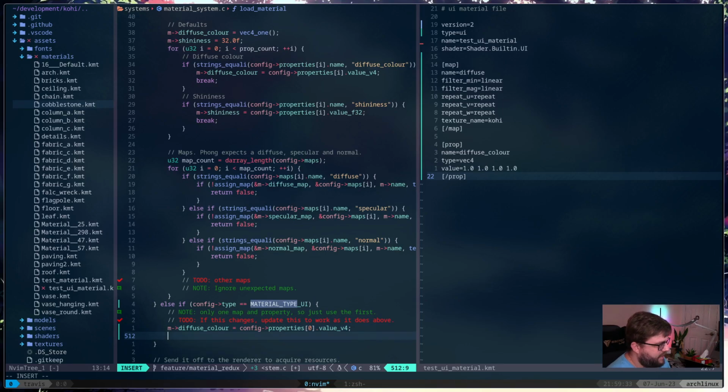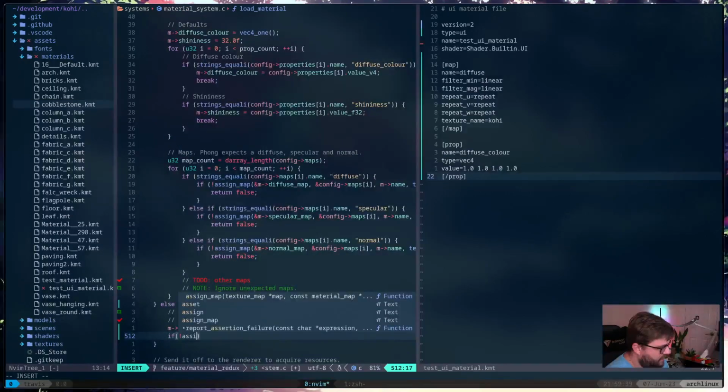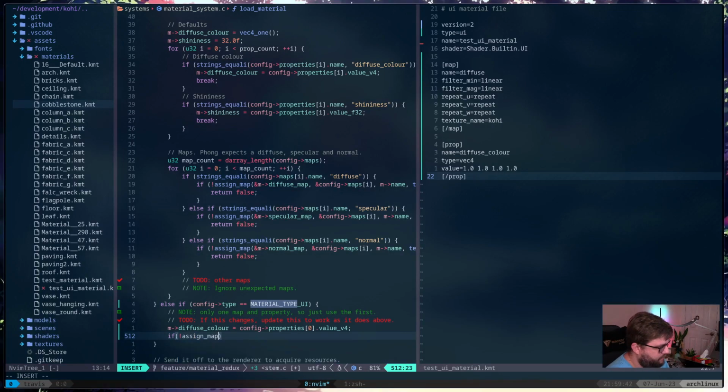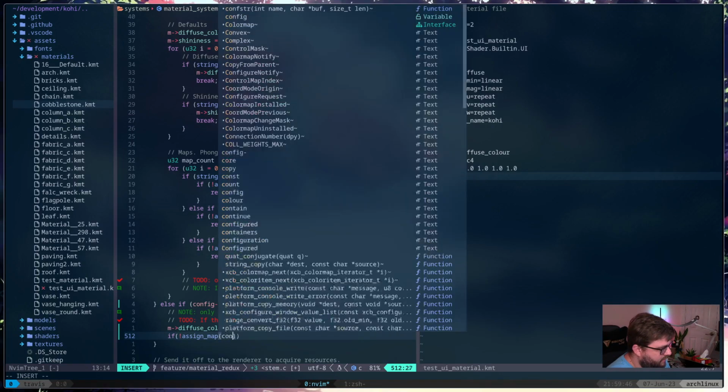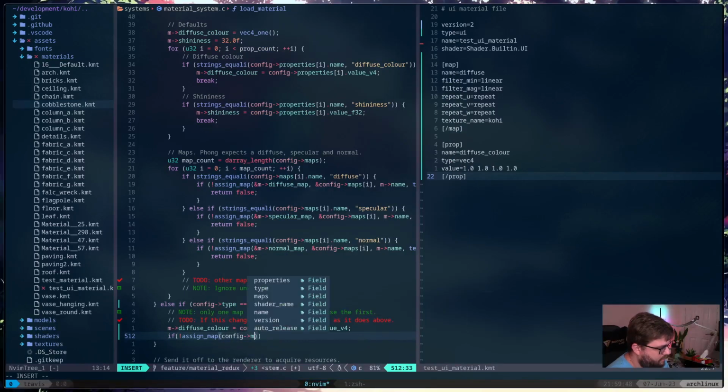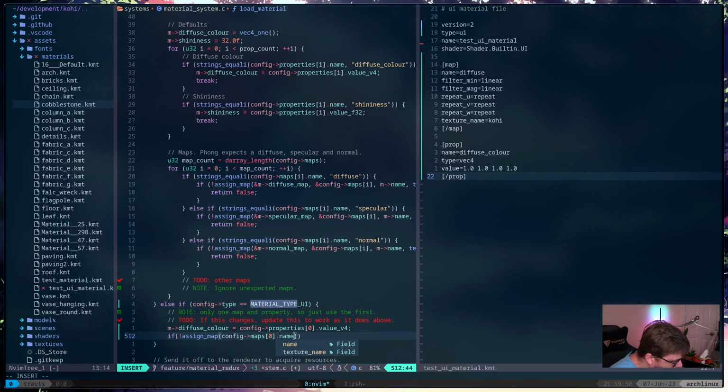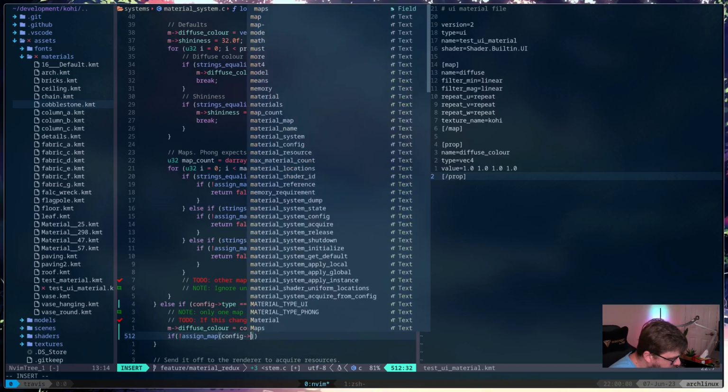And then we need to do if not assign map. This needs the config maps 0 dot name. Actually, wait. Nope, reading the wrong line there.